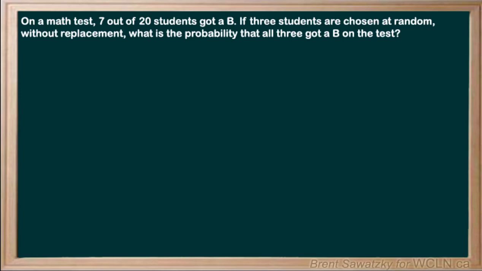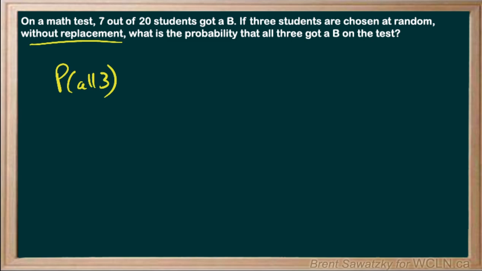Okay, so we have a question about some students and their grade on a test, and 3 students chosen at random without replacement, and that's going to be important here, so let's underline that. What's the probability that all 3 got a B? So the probability of all 3